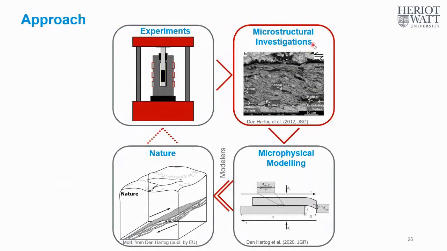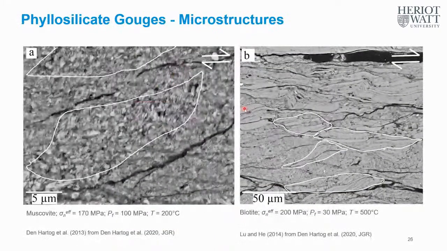Okay, so the next step in the approach is to look at the microstructures generated during the experiments. Some typical microstructures are shown here for muscovite on the left-hand side and biotite on the right-hand side. In both cases, what we can see is some more coarse-grained material in sigmoidal domains surrounded by finer-grained material. So the shear strain accommodated by deformation within the sigmoidal domains will be limited because they're disconnected. So it's more likely that deformation is localized in the through-going shear bands that surround the sigmoidal